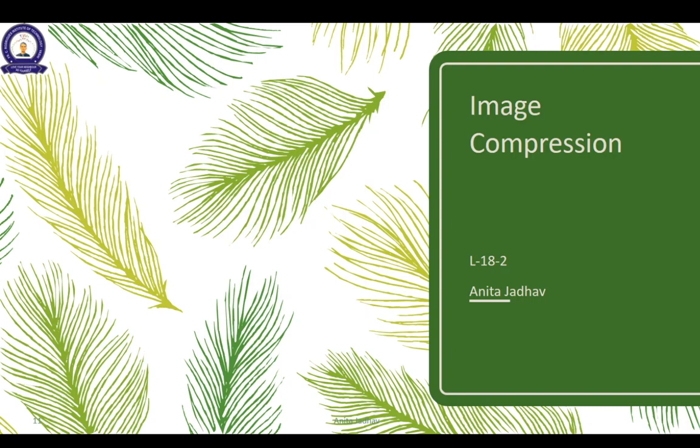What do you mean by YCbCr here? Y corresponds to the luminance component, which is nothing but brightness, whereas CbCr correspond to the chrominance component, that is color. Now when we say that the image has been represented in a brightness and color format, the important thing is that the eye is sensitive to small changes in brightness but not to small changes in color. So the eye can detect any changes in the brightness, but if you change the color component in a slight manner, the human eye is not able to detect it.